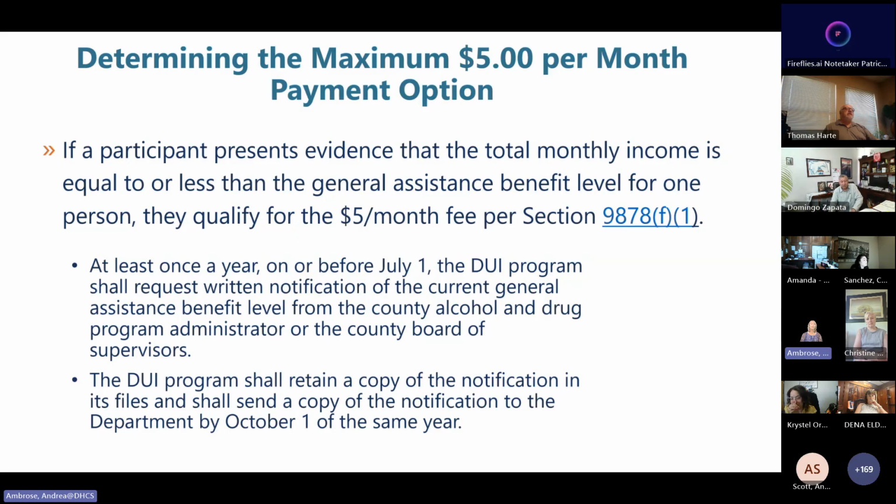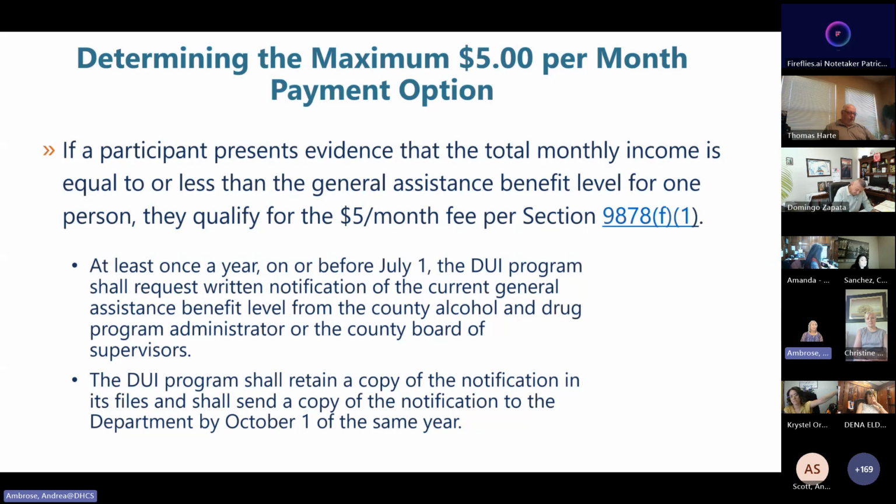So let's look at the maximum $5 a month payment option. What 9878 F1 tells us is that if a participant shows that their monthly income is either equal to or less than whatever the GA benefit level is in your county, then they qualify for the $5 a month fee.